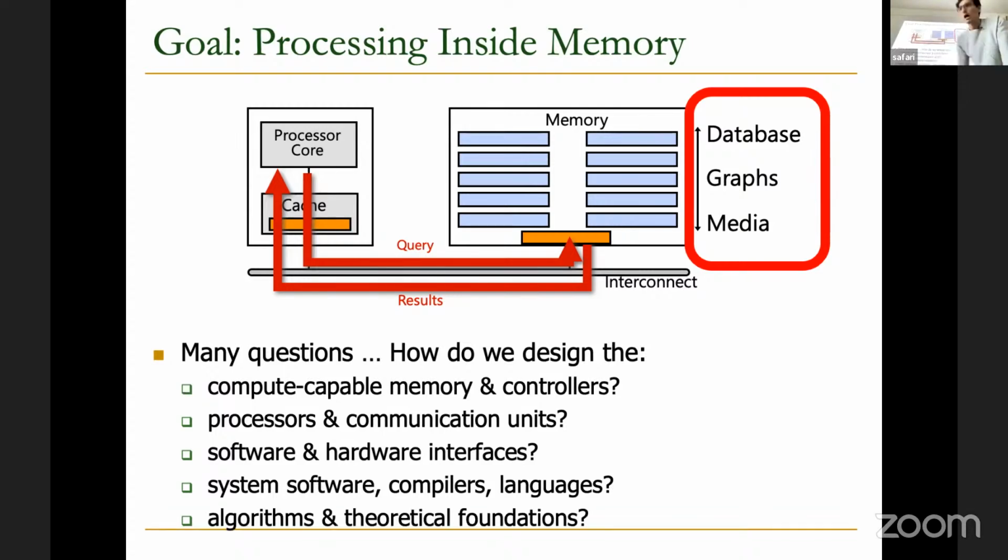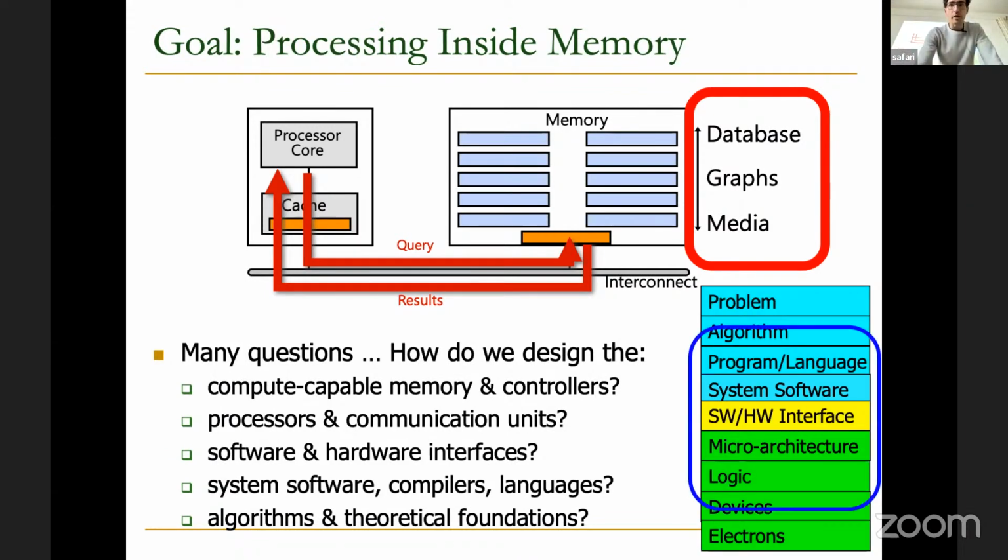And of course, how much the algorithms and the theoretical foundations need to change, because as I said before, ideally, we will be able to co-design from the algorithm to the device and do it in a seamless and intelligent way in order to make compute systems that are much more energy